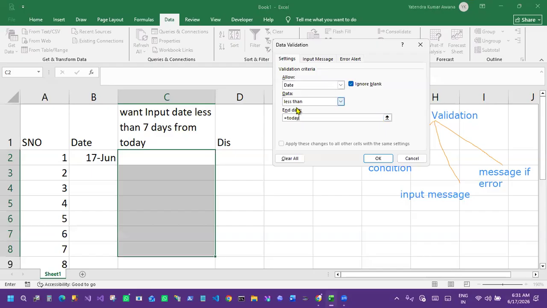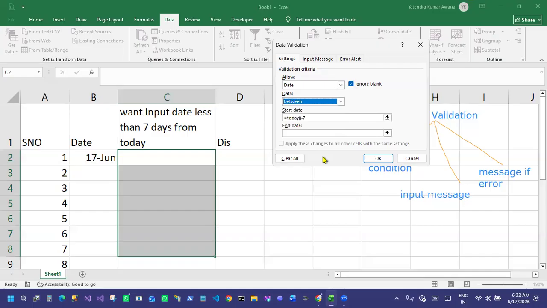Between, we will go with between: start date today minus 7, and end date today plus 7. I want to insert all dates, but the date should be less than 7 days from today.